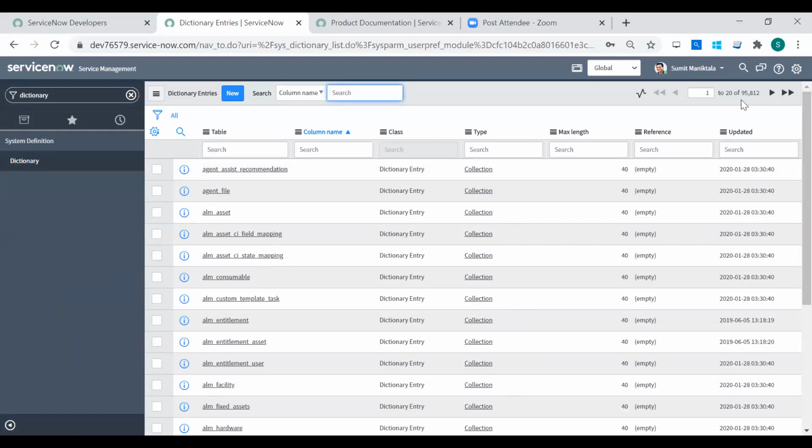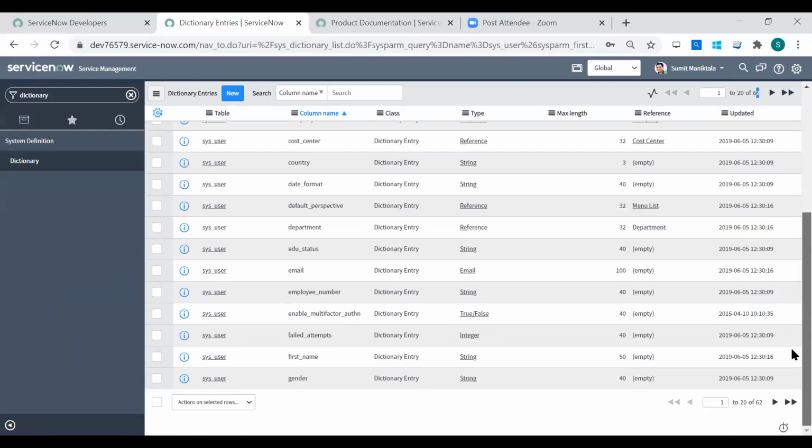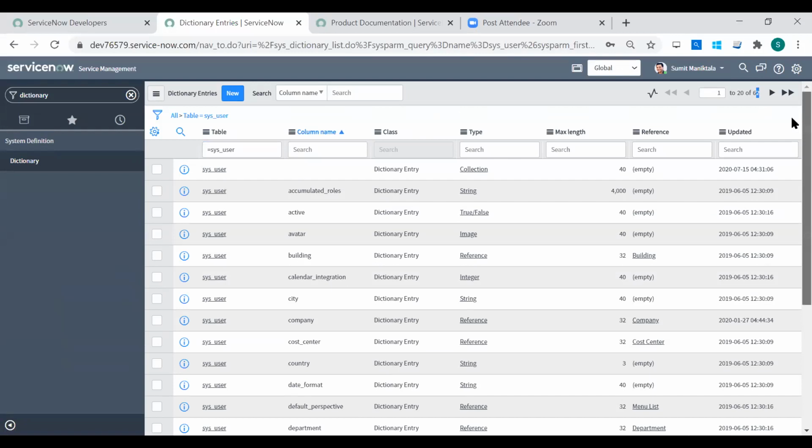95,812. So collectively, these are tables and columns. So if I want to search dictionary entries for specific table, I have to filter on that. So I have used sys_user as a table name. So now I see 62 entries, and all of them represent the complete user table schema, the user table